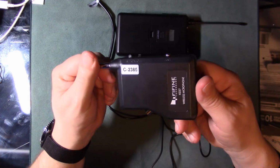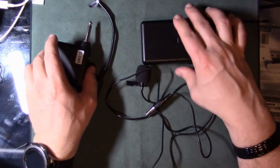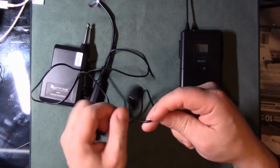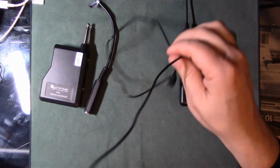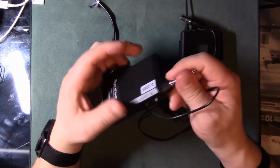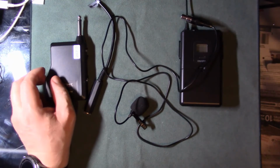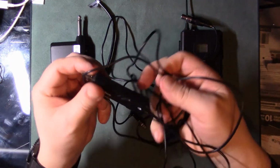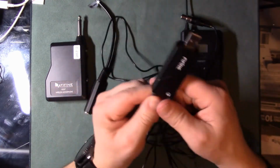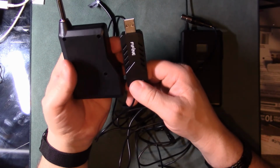Yeah, so that's pretty much what I have to say for a beginner's look at a wireless mic like this. I think I saw, I'm not sure if Fifine sells it or not, but having a USB version of this particular setup, even having like a little connection like this, right? Even if they were able to shrink this down to the size of this somehow,